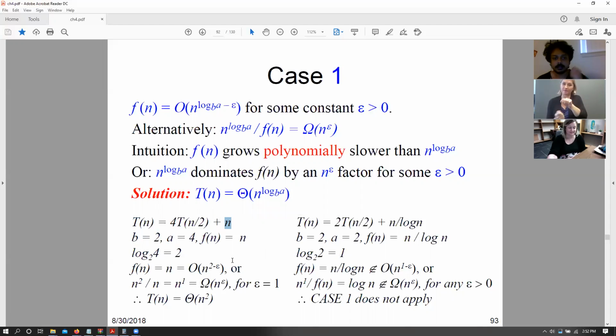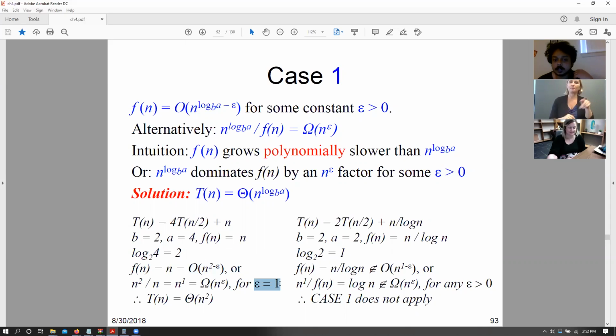Now we have log base 2 of 4 equals 2, right? So that is the thing that we need to raise the power of n by. So n to this becomes n squared. So if we have n squared, what value of epsilon can we have to make sure that n squared minus epsilon becomes f of n, that is n? For that, we need to basically make the power n to the power of 1.